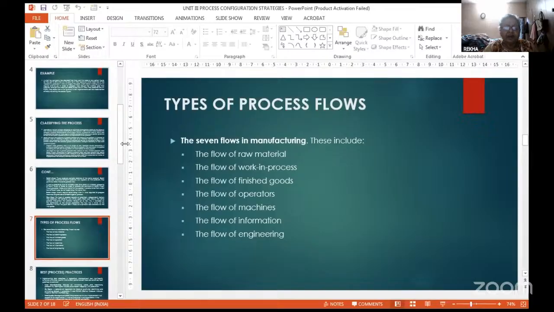From where you are getting the raw materials, then when the work is in process, which has to be done first, which has to be second, and things like that. Then once it has been finished, where it has to be